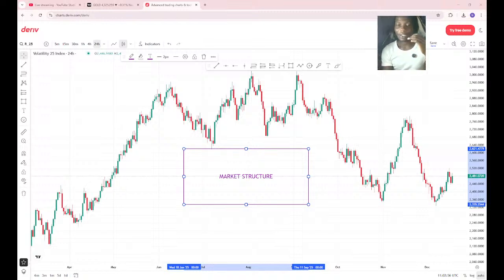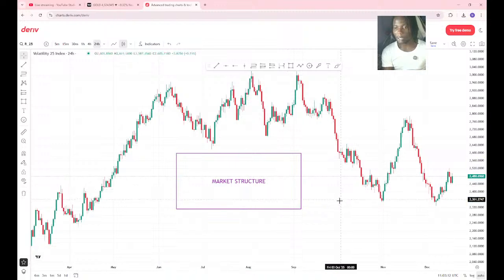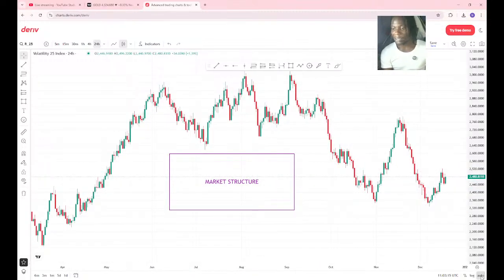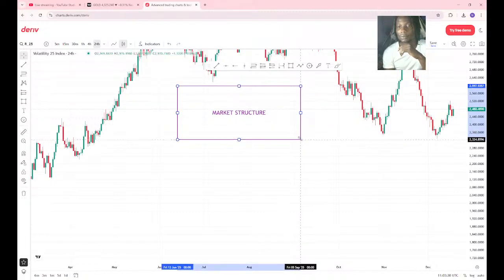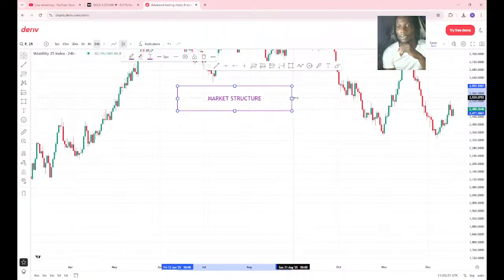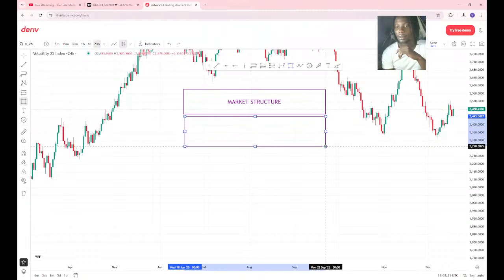So let's go over the concept of market structure. If you are watching me live on YouTube, you can get this whole structure clear. For those watching via TikTok, this is what we're talking about today. I think I need to make this whole structure look good. I put this in the box so you guys will know what we're talking about, and I'll be creating a lot of boxes today, so it will be easier for everybody.